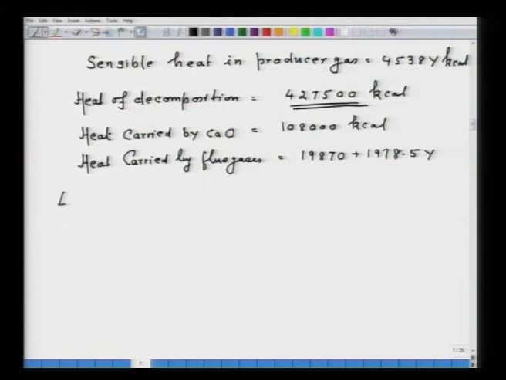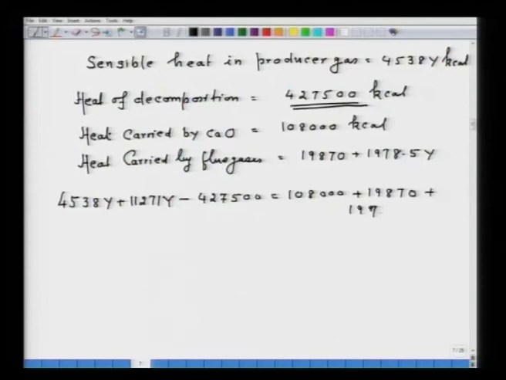The heat balance would be 4538 Y plus 11271 Y minus 427,500 equals 108,000 plus 19870 plus 1978.5 Y. So, I can calculate now Y, that will be equal to 40.15 kg moles,